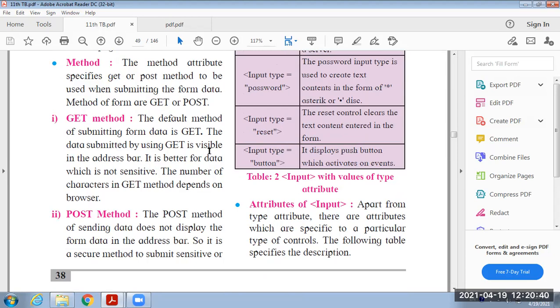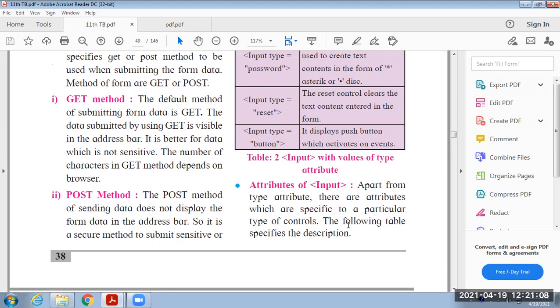As here, the data submitted by the get method is visible in the address bar. Therefore, there is no security for our data. When you don't require any security for your data, if you are not processing any sensitive data, in that case, you can prefer the get method.